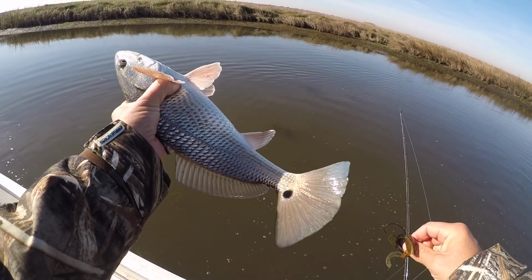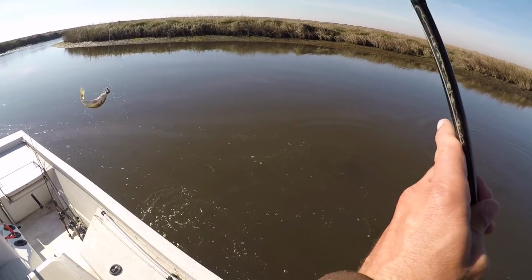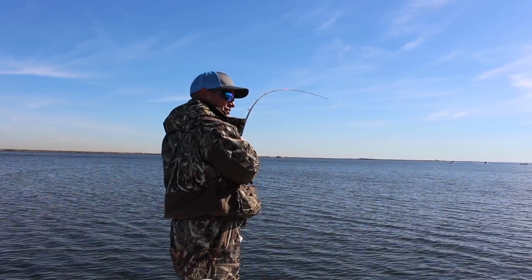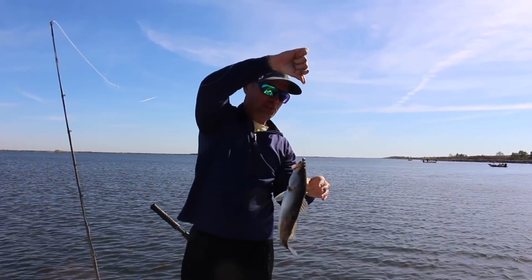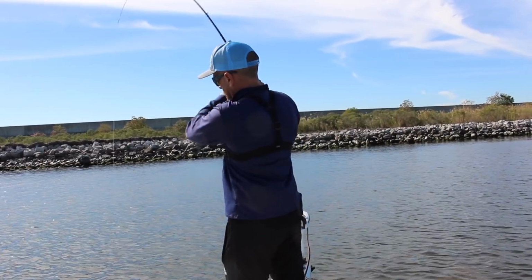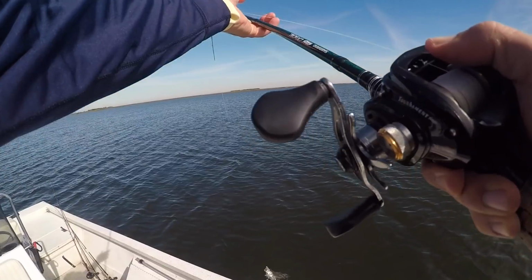Oh, it might be enough. Aggressive. Another bite. For a holy jolly color. There's a speckled trout, speckled trout. That's a pretty trout. Got a few fried fish before this fish finally...